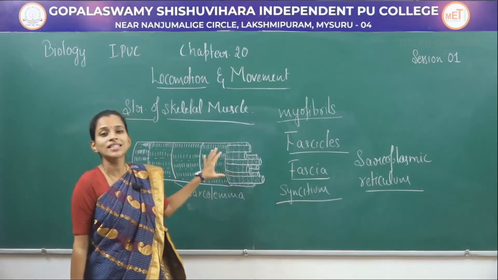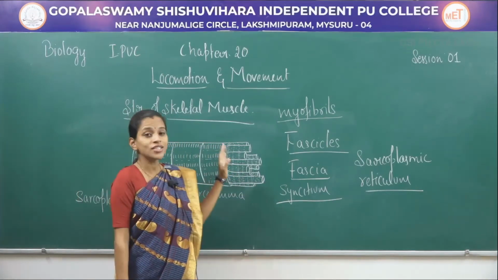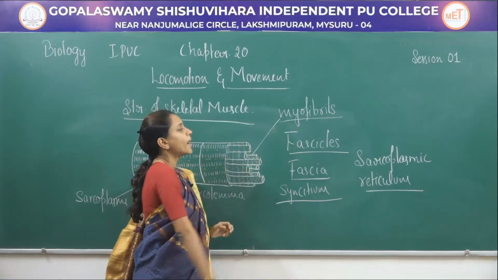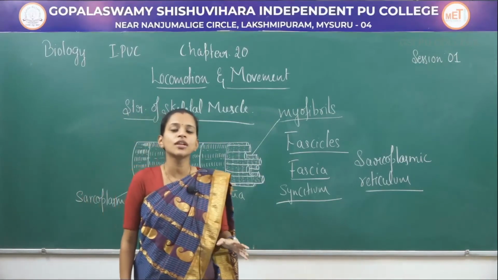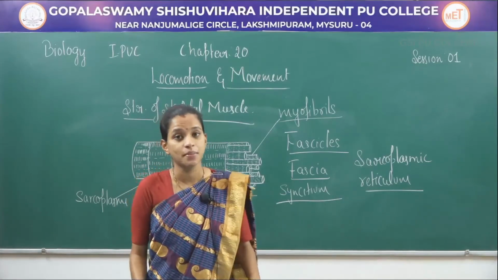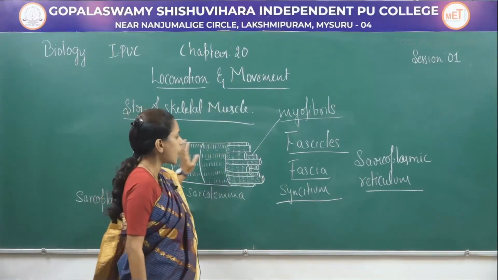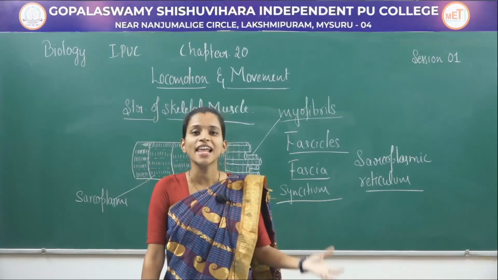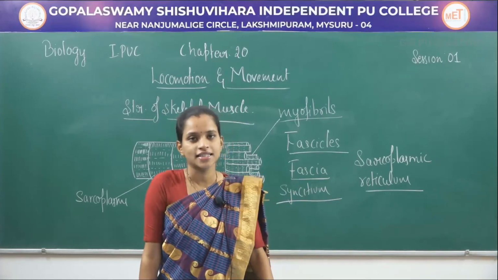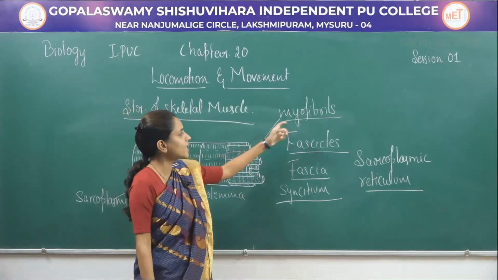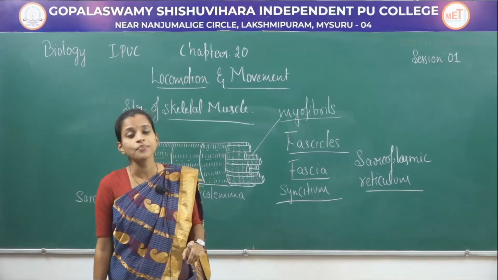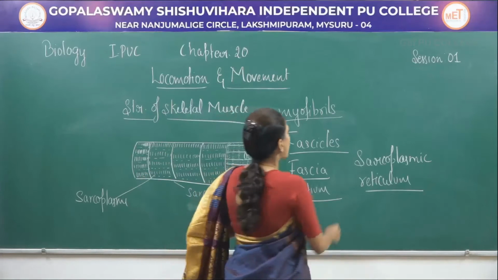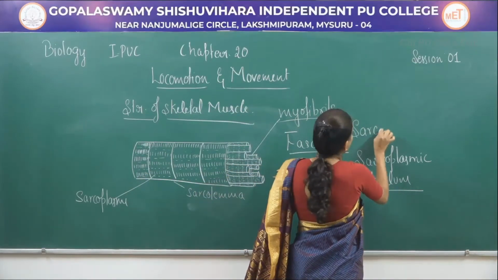Apart from this, when skeletal muscles are cut in cross section, you can see some thin filaments which are termed myofilaments. These myofilaments contain dark and light bands, just like the skeletal muscles, with contractile proteins, which help in contraction and relaxation. You can in simple words say that myofibrils contain the structural and functional unit of the skeletal muscles, which we call sarcomere.